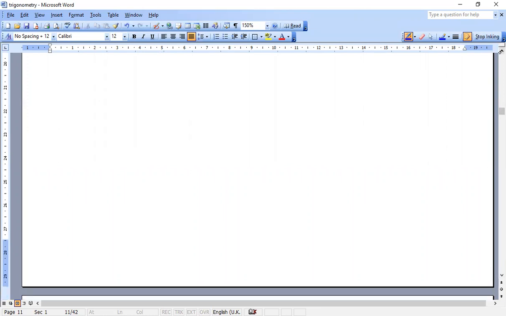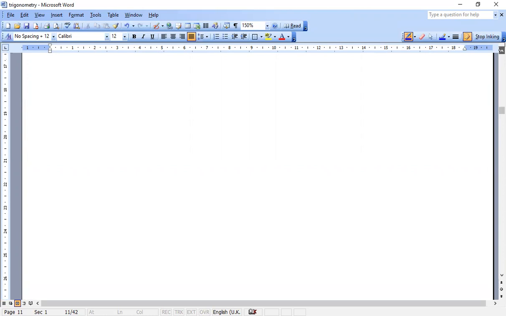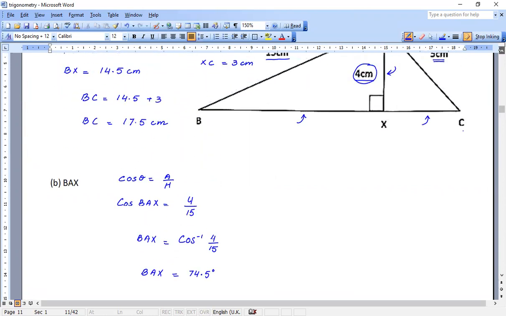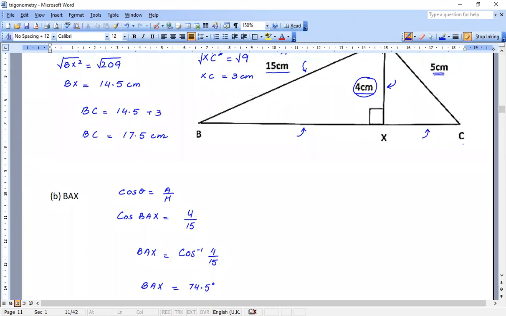Yes, that is it. This is our question number 12. Both the parts of question number 12 have been solved, and we will continue our discussion of the next question